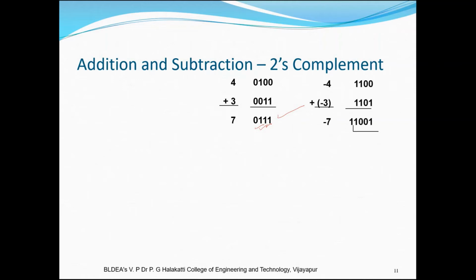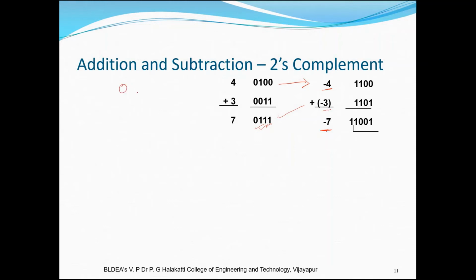But if I am going to perform addition on negative numbers, the representation is different. So the answers will be different. So if you can see here, -4, I want to add it to -3. So -4 plus -3, the answer should be -7. Right. So to perform this, first of all, how to convert the number into -4 in 2's complement.